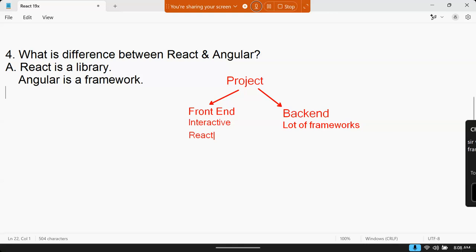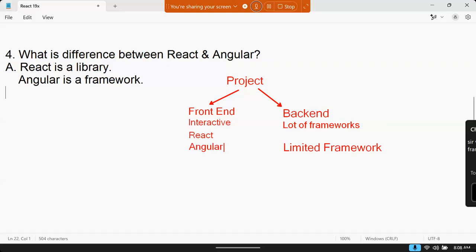But the important thing is, in the back end they are not using many frameworks. In the back end, there is limited framework use. They want to handle everything in the front end, the user interface, and control the application flow also in the front end. Then which one is best? Angular is best, because